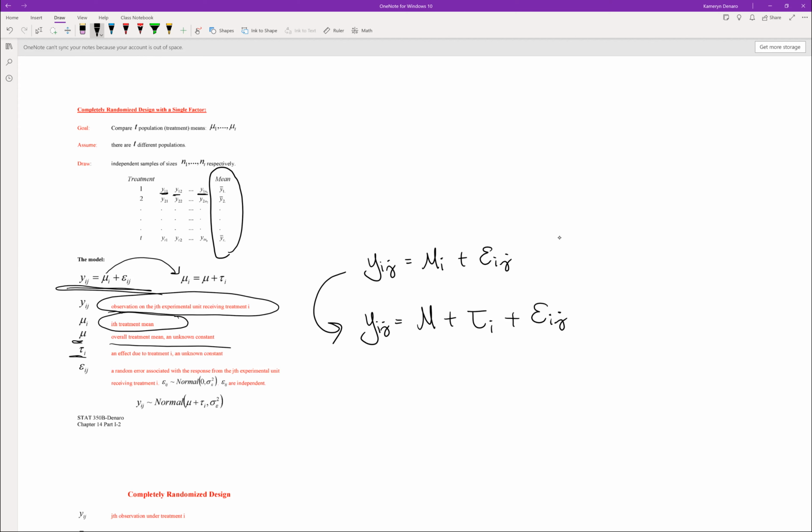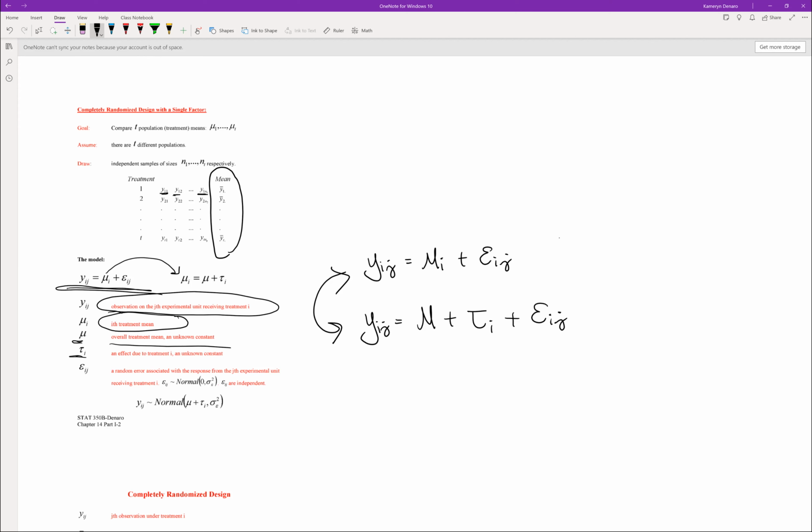These two models are equivalent. Okay, so remember your epsilon ij is your random error associated with the response from the jth experimental unit receiving treatment I. And those epsilon ij's are independent and they are distributed as normal random variables with mean 0 and